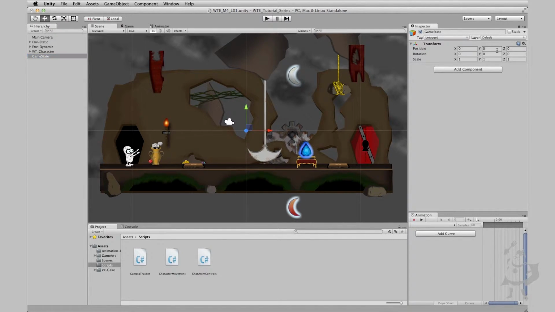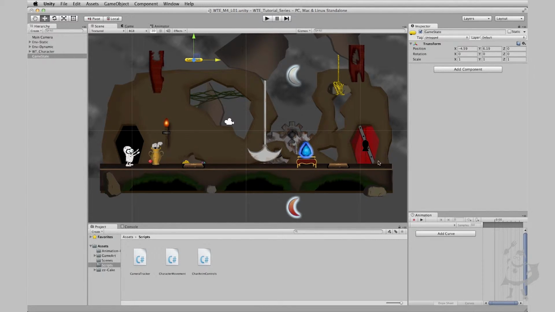I'm just going to reset its position, zero it out, and I'm just going to drag it up and out of the way over here. It doesn't matter at all where the position is. And I'm just going to change this icon so I can see it more clearly. Let's say yellow, game state. So now we know this empty game object is holding our script, which kind of drives our whole game state